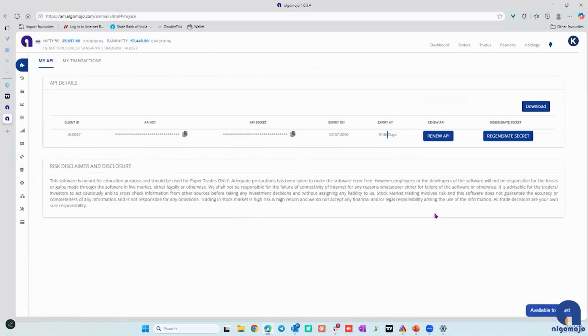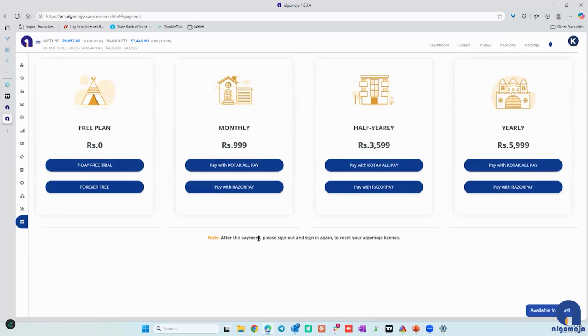Now, all users would get a 7-day trial. Once the trial is over, you can get into different methods of subscription. It could be monthly, half yearly or yearly. On a yearly basis, it works out to 500 rupees for you. Kindly use the free trial period first and experience our platform. Check all the features and facilities that are available. And in case you feel that it is meeting your requirement in terms of trading or investments, then